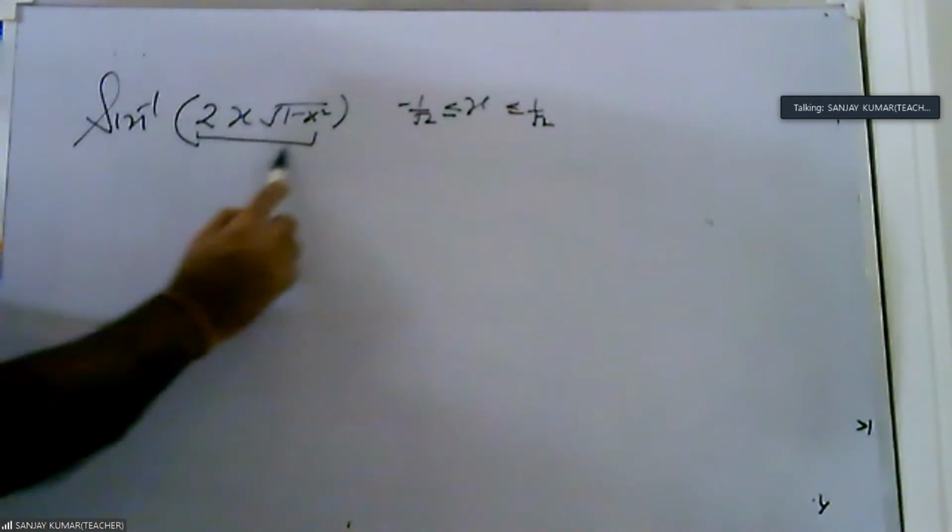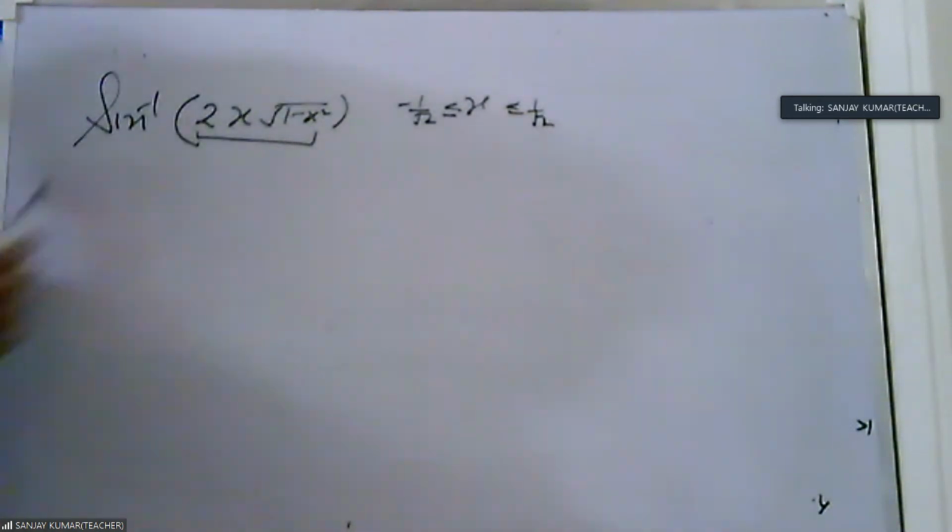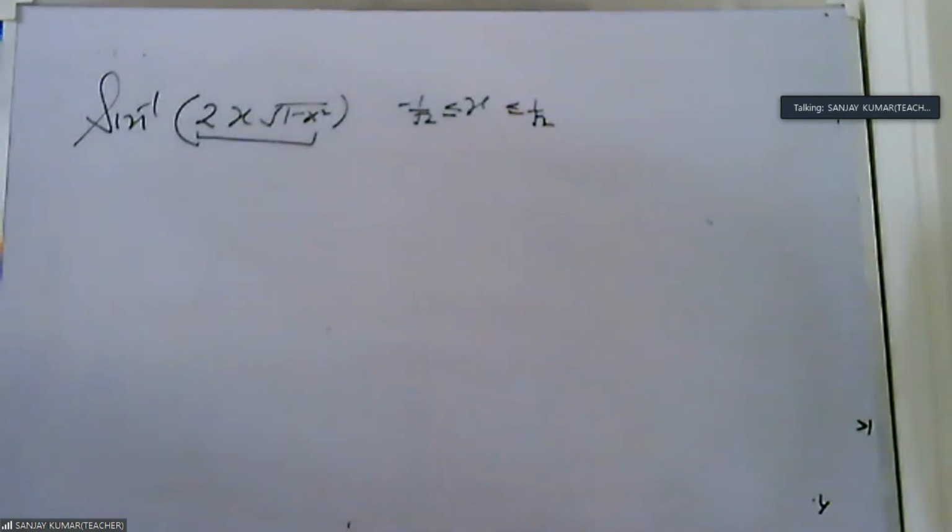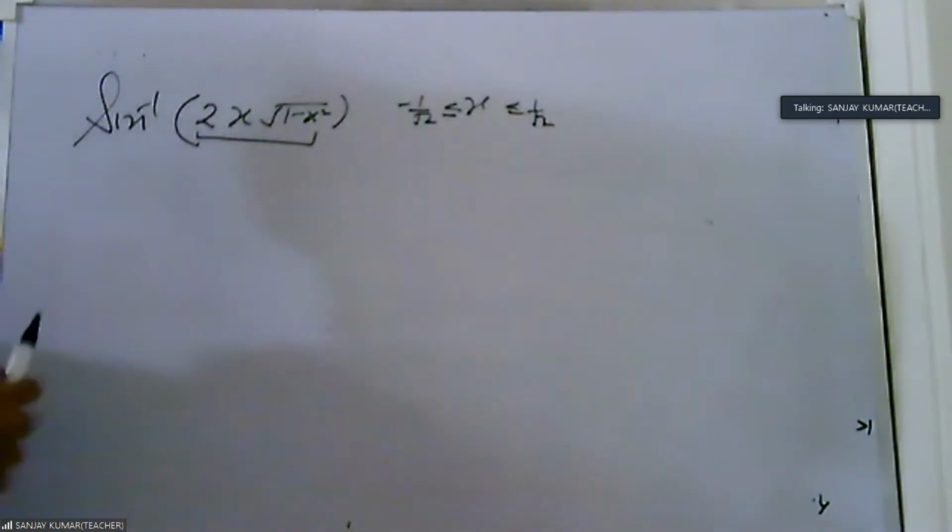We try to convert this into sine. So these are the questions based on substitution. Type 1, very simple. Type 2, again simple. Type 3, solve for x. This is type 4, and the last type, where it says simplify. That is also known as a question based on substitution.